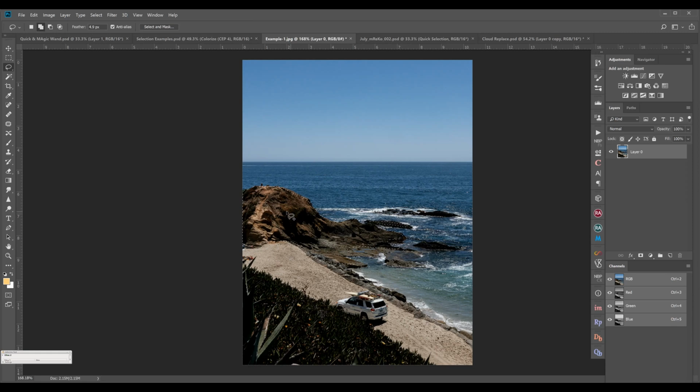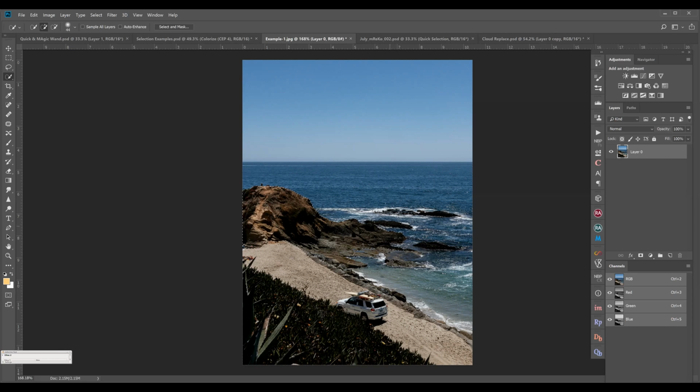So this is one way of doing that. And then the next way of doing that is using a quick selection tool. So what I'm doing is that I'm taking the quick selection tool. If you see, this tool is slightly bigger. If I want to decrease the size of the tool, I will just go here and click this and then reduce the size of this tool. Okay. So now I'm just hovering on top of the mountain, and Photoshop selects the area for me like this, a clean selection.